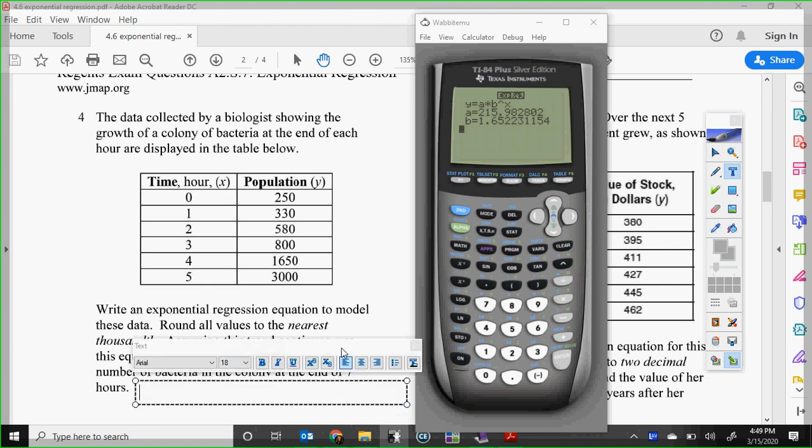Okay, so my regression is going to be my A number, which is 215.98, and it's a 2 and then an 8, so I'm going to round to 215.983, in parentheses. Alright, so that's my A times, and that's why I put it in parentheses. My B is 1.652, close parentheses, and here it lets me put an exponent up here, and so I put an exponent of